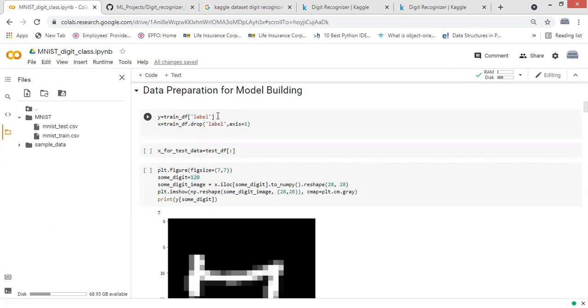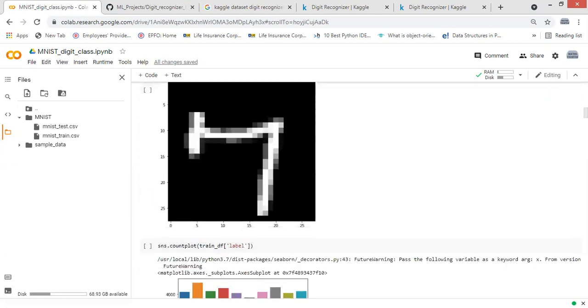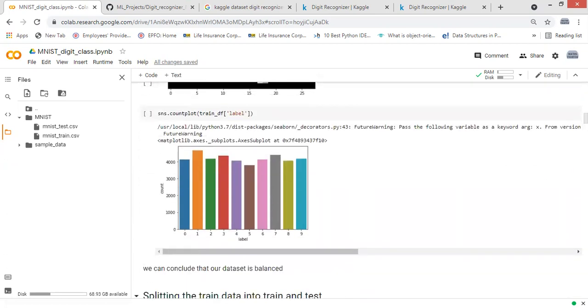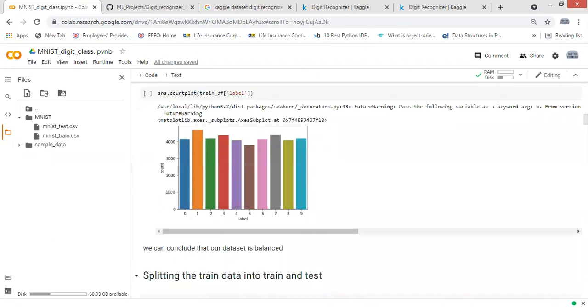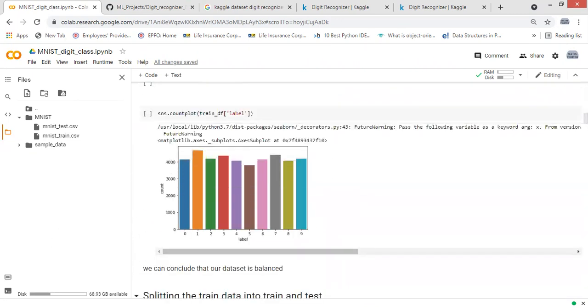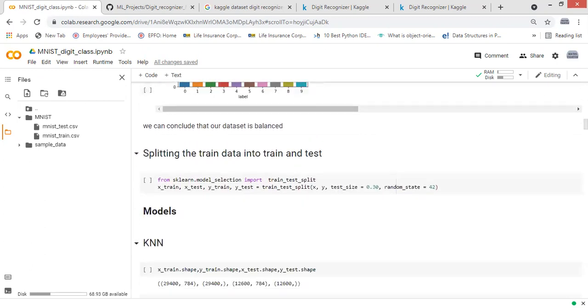We have to classify each row into which class between 0 and 9 it belongs to. Now I have plotted a graph to check whether it is balanced or not, and this is a balanced dataset.